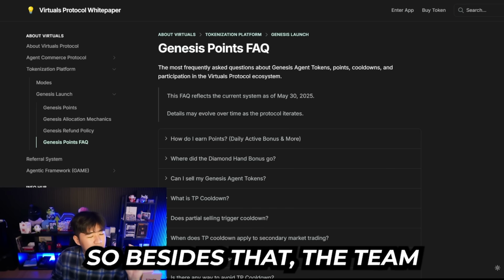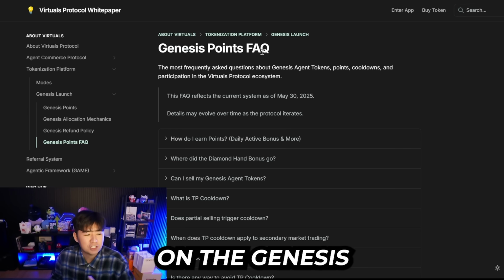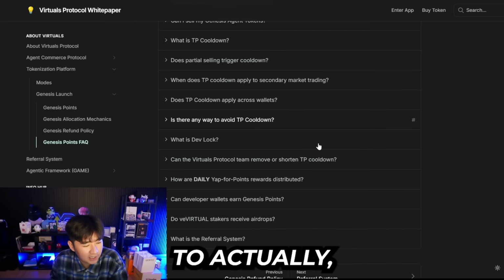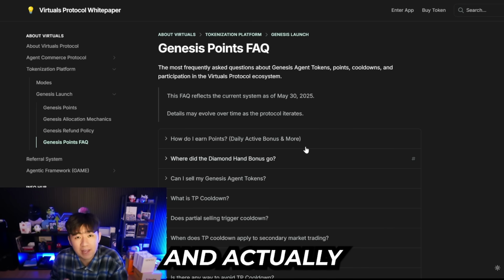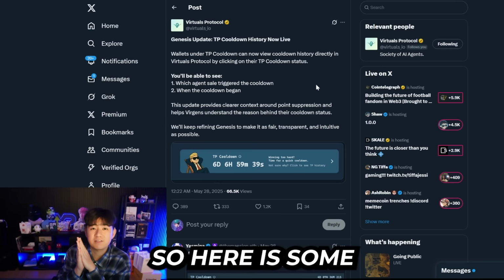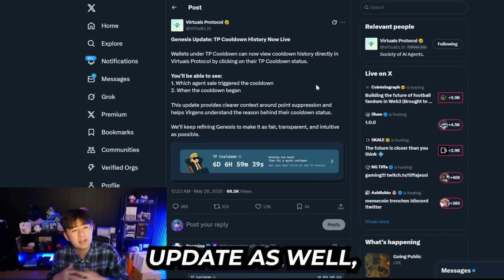So besides that, the team also dropped a white paper on the Genesis points, with all the FAQ. If you guys want, I have already dropped it down below for you to check it out. These are very important for you to read and take very seriously, because one mistake can be extremely costly. So here are some important updates for you guys to know regarding the Genesis update as well,